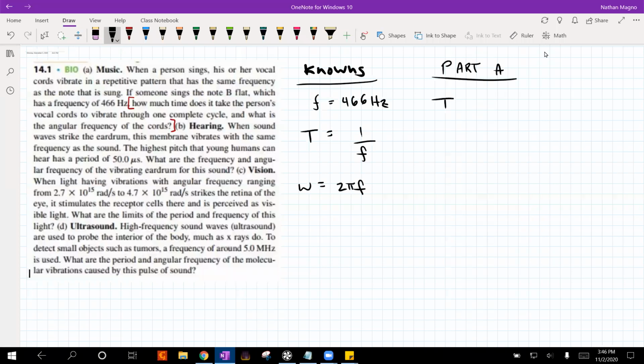All we need to do is period equals 1 over 466 hertz. 466 hertz is also equal to 466 something over a second. So basically this person singing a note of B flat, her vocal cords are oscillating at 466 times a second, which seems pretty crazy, but